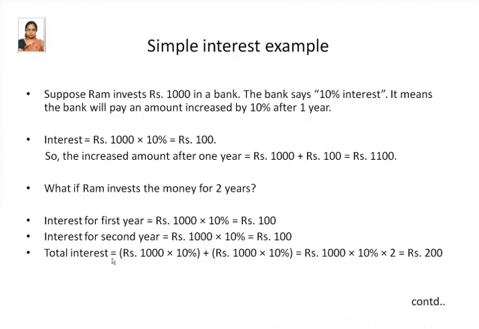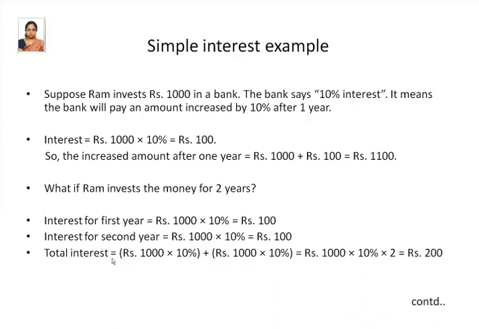So interest is nothing but you're going to calculate 10% of the principal you have deposited. That is again 1,000 rupees. If you're assuming that as the principal, then 10% of 1,000 is 100. So therefore, the 100 rupees is the interest which you get after 1 year. So Ram will get the principal plus the interest, 1,000 plus 100,